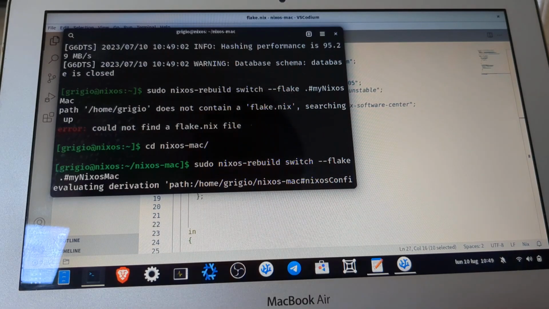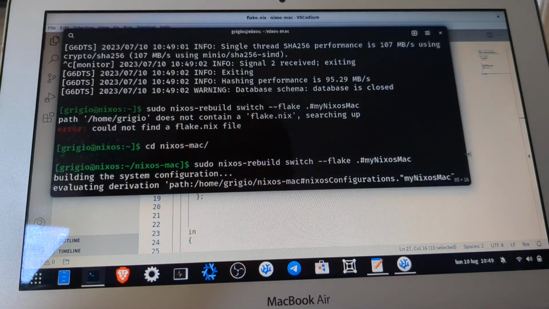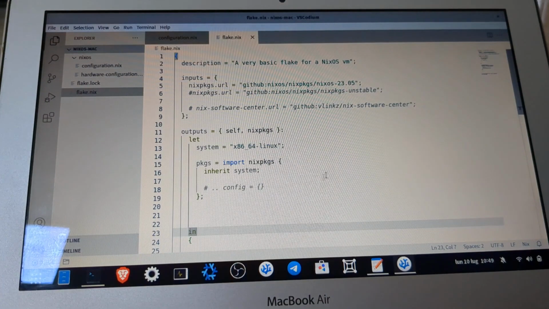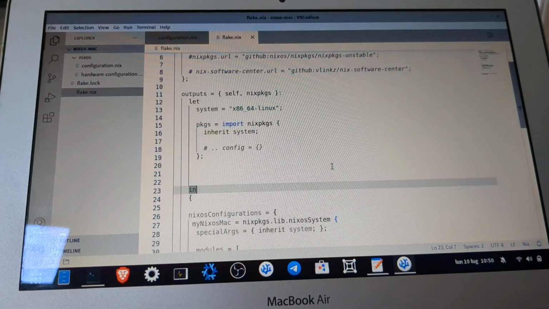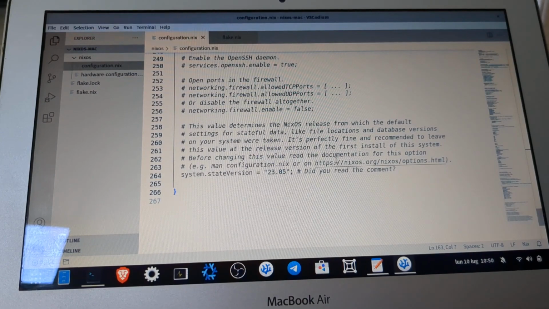Okay. And this is very different from other Linux distributions, but it is very nice to use, because you have the state of your configuration inside this file, which is configuration.nix.